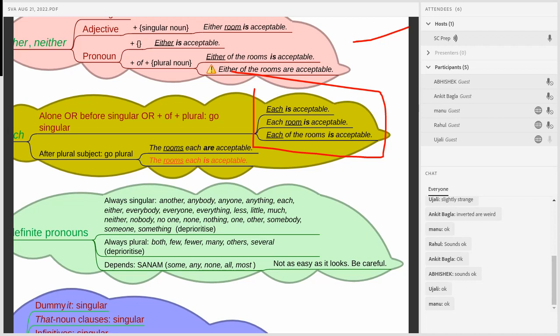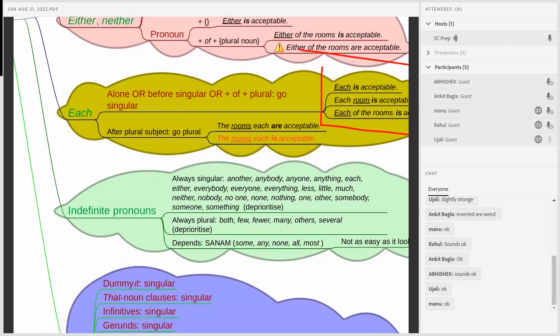This should not be a problem. I don't think any of us is ever going to say each of the rooms are acceptable, right? We'd say each of the rooms is acceptable. So each just kind of talks about everything one by one. So that's what we would absolutely expect. Now, just for the sake of